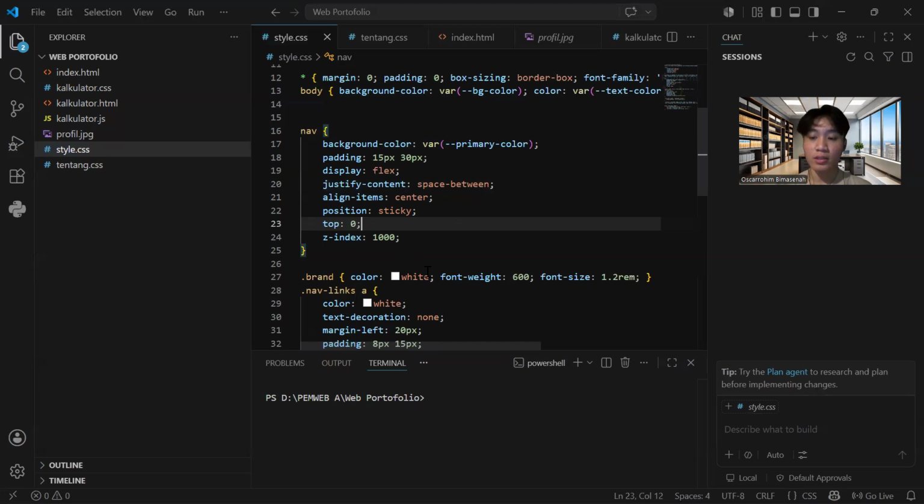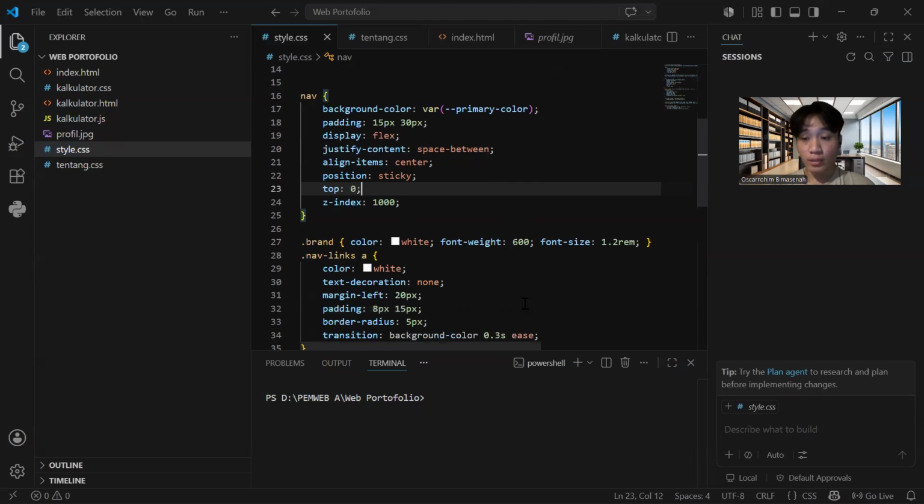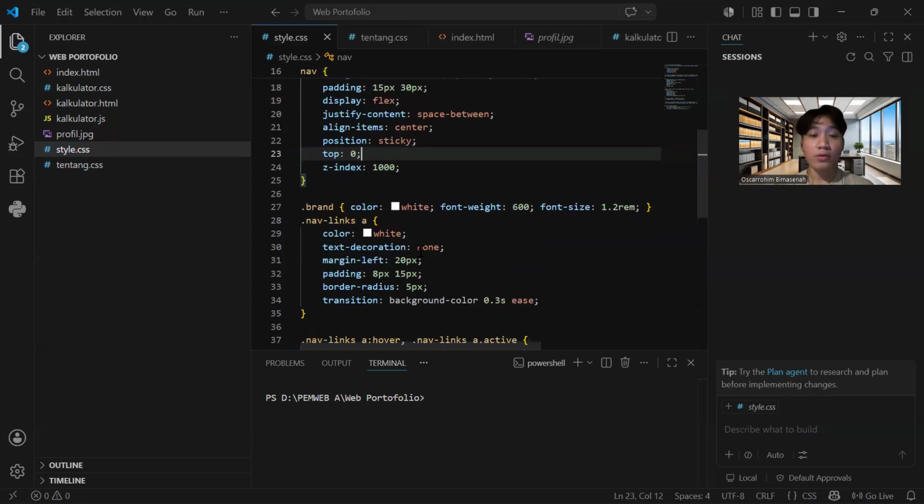This logic guarantees the navigation stays fixed at the top of the viewport and floats above all other content when the user scrolls down. To make the user interface interactive, I added a nav links hover effect with a CSS transition. This creates a smooth 0.3 second background color change when the user hovers over the links.